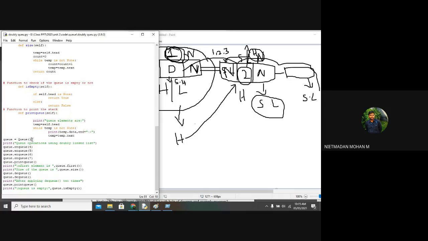So what is meant by this first line? What is meant by this line?